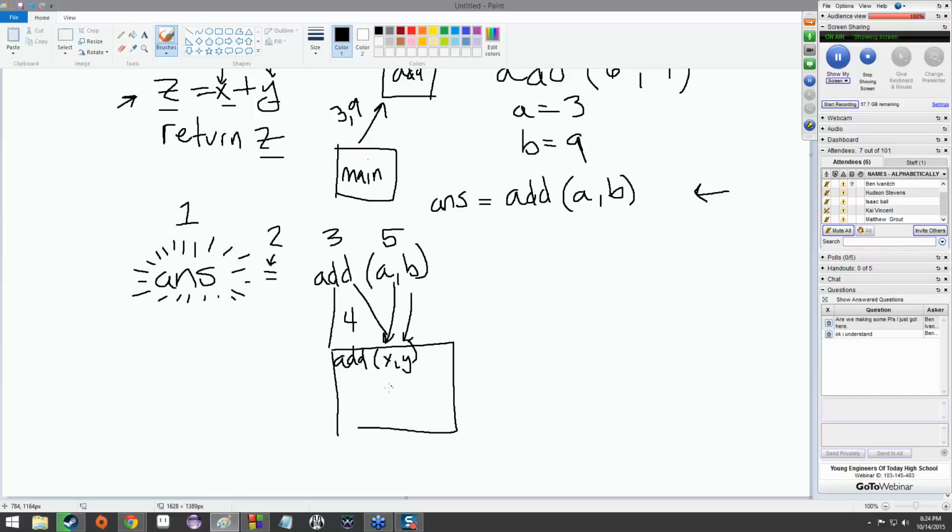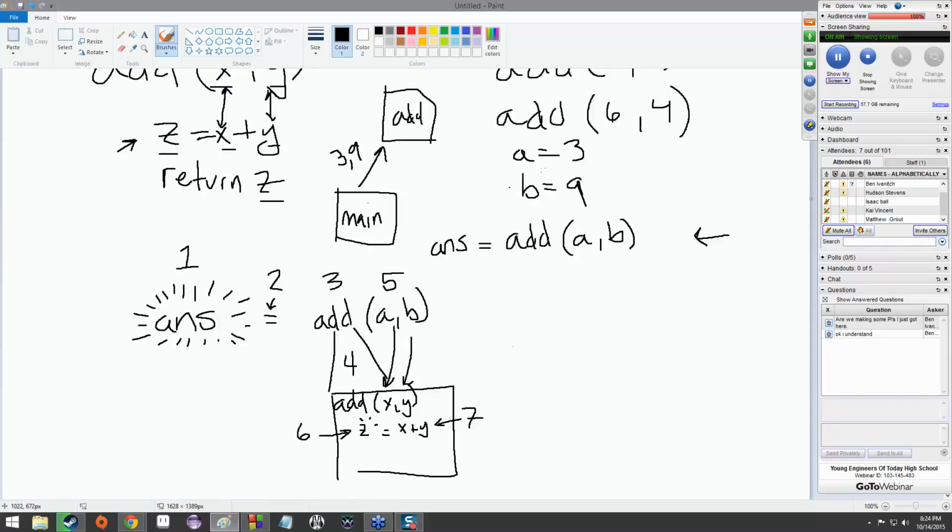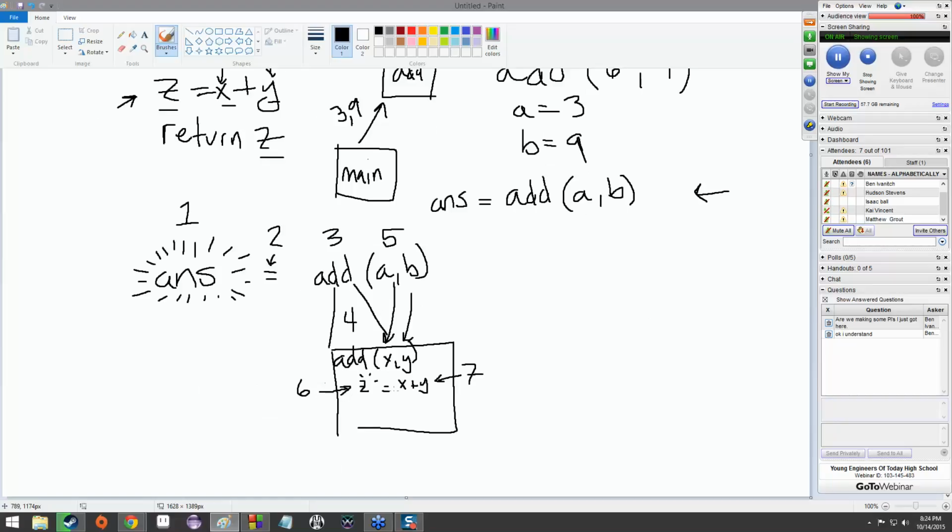And it goes, oh, okay, cool. Okay, I can work with that. And it goes, okay, so let's create a z. Boom, boom. Step 6. And it goes, okay, z is going to be equal to x plus y. Step 7, right there. Boom. And it goes, all right, so now we know that a is 3 and b is 9, so z has to be 12, right? Cool. We've done the math. Everything's cool. Return z.